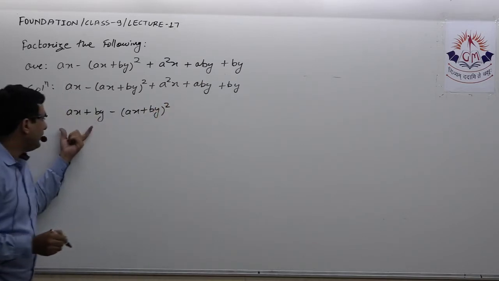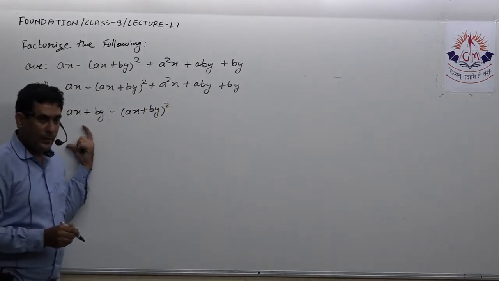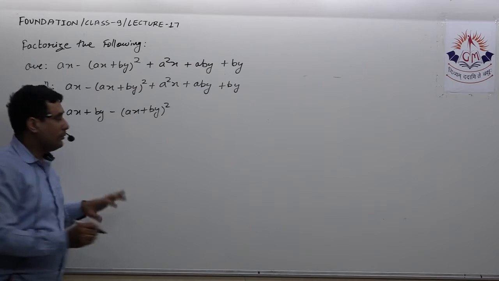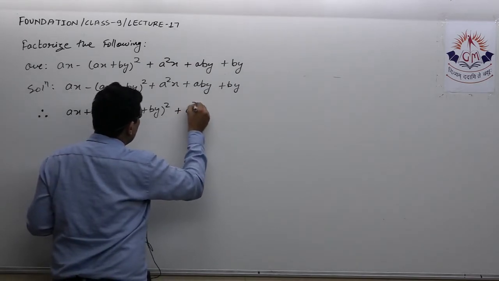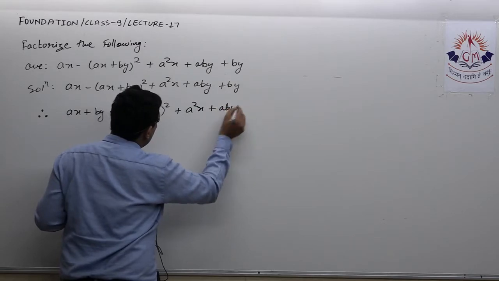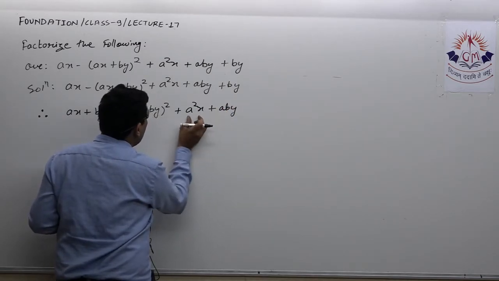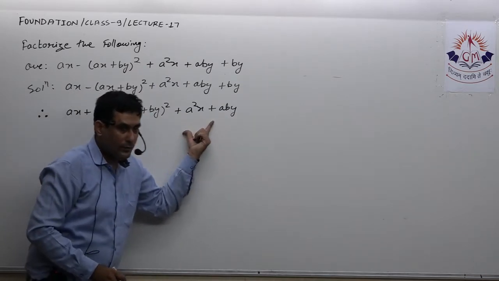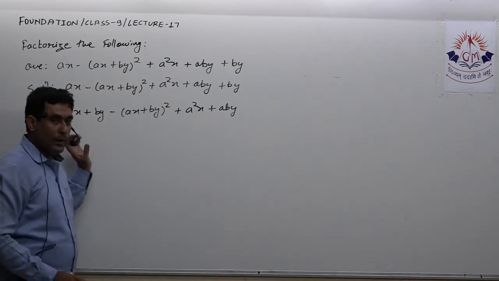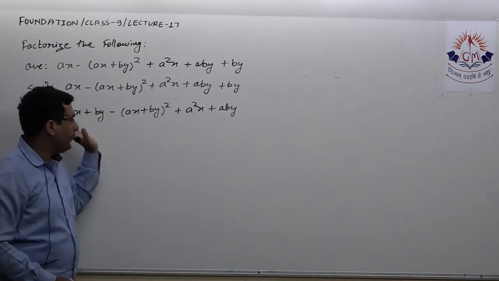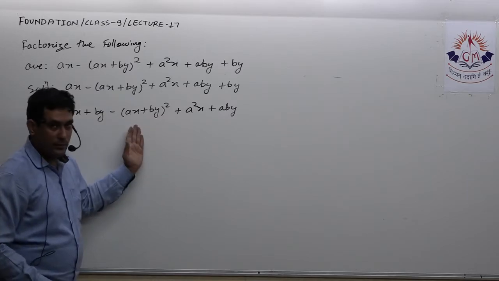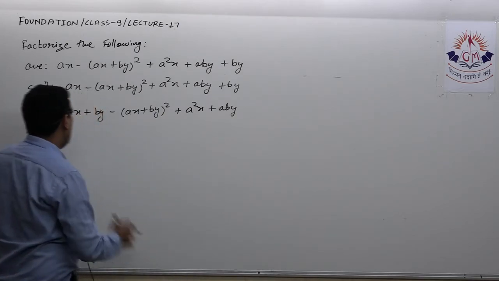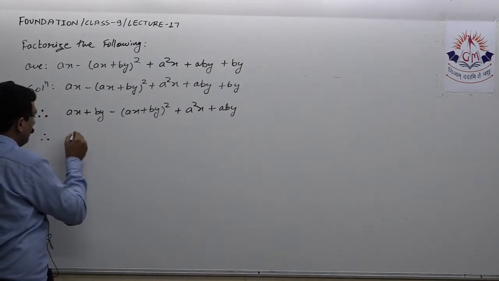Now this gives me one idea, that here I have ax plus by, so one can be taken common. That means from these two terms I can take ax plus by common. So now I will check the remaining terms, that is a square x plus aby. From these two, if I take a common, here I am left with ax and here I am left with by. That means after taking common a from these two and 1 from these two, in brackets I do get ax plus by over here. Over here as it is directly given, and over here again I will get ax plus by in the bracket, and then I will take that common to get its final factor.